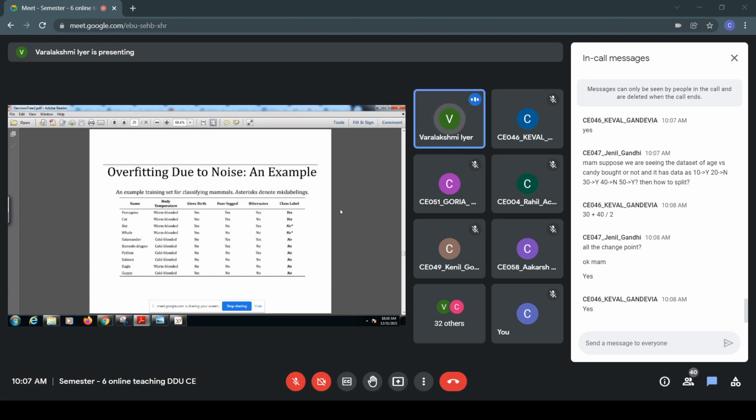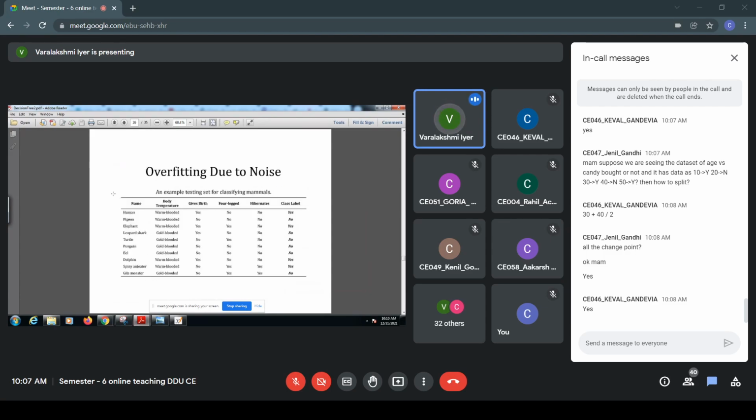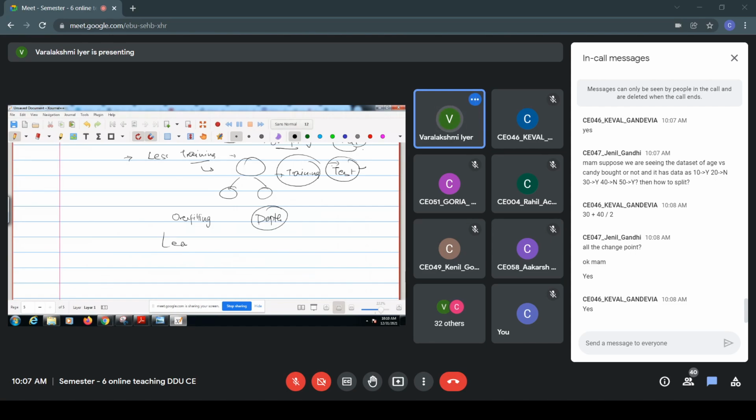So there is mislabeling. Whenever you are creating a decision tree with this data set, there is a possibility that you create a complex decision tree, and so a complex model. Then whenever you classify your test data, it will do misclassification with the model that you have created. So this is one case of overfitting in decision tree learning, where it is learning the data too well.